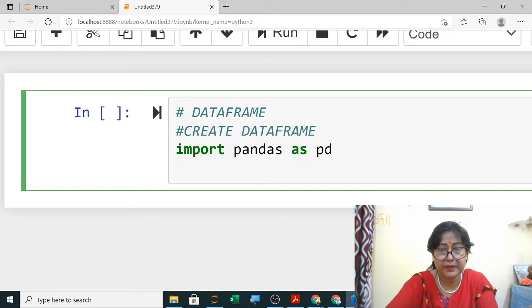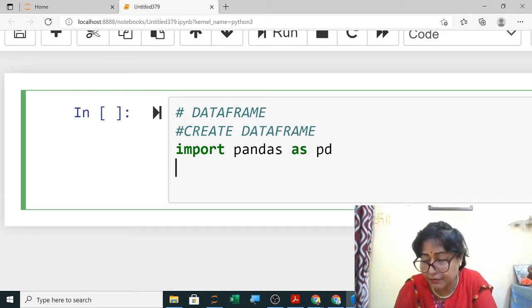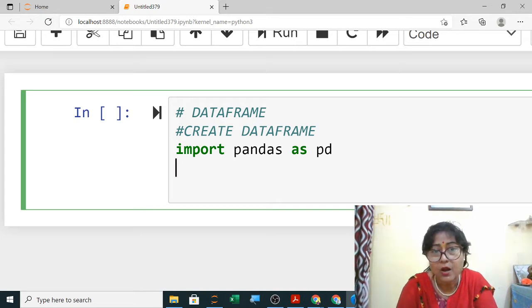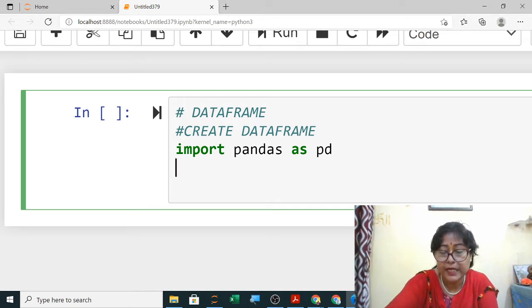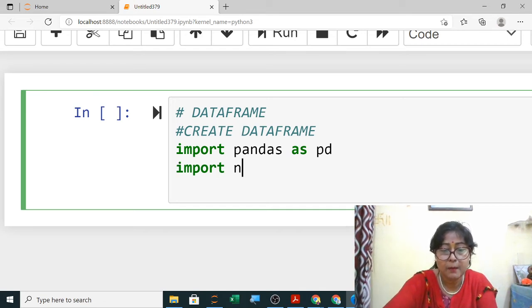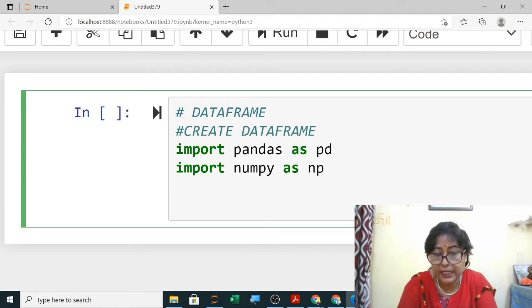Now in the question paper, if it is asked that create a data frame using NumPy or using ND array, so second statement will be import NumPy as np. Now you will create the array.